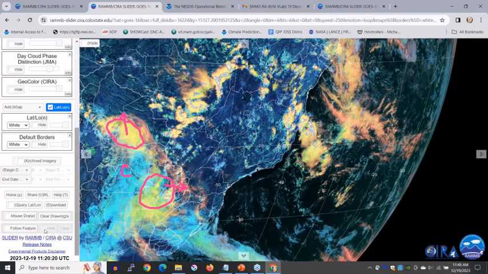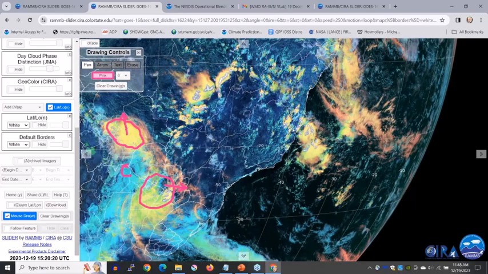And last but not least, I know I'm taking a lot of time, but you can see in Brazil that we have the Cavado del Nordeste, but something that catches my eye is this,